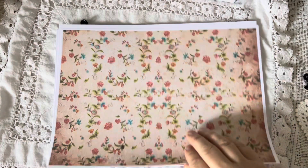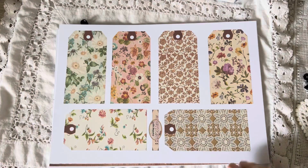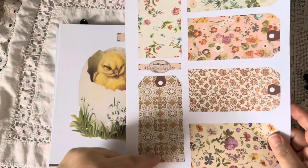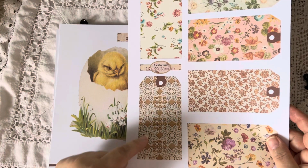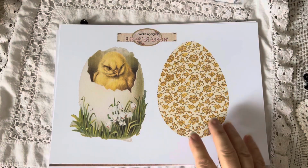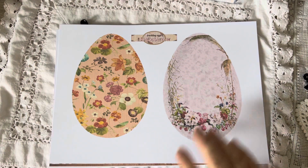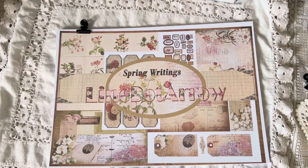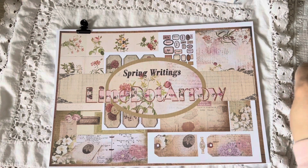I love this backing paper. That's one I'll probably use a lot. And that tag there, look at the lace on that tag there. I'm so going to be using that a lot of times. And these fab eggs, lovely, aren't they? So that's Crackling Eggs. And then Spring Writings